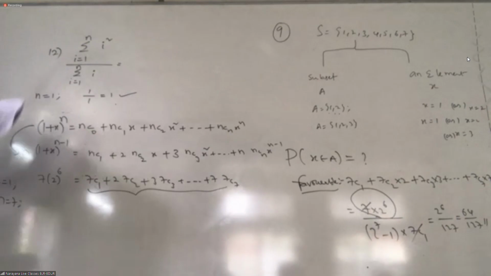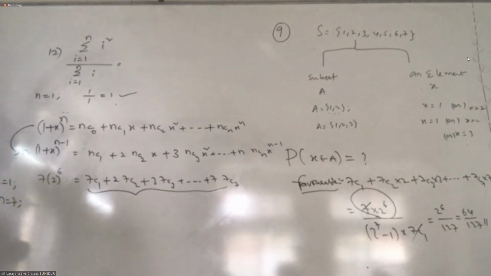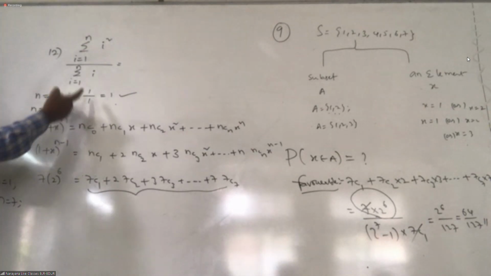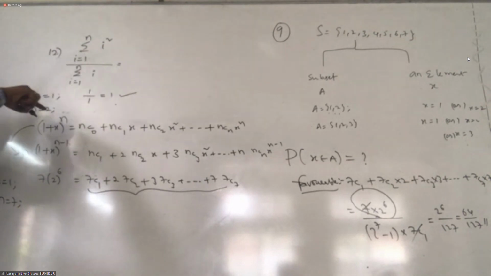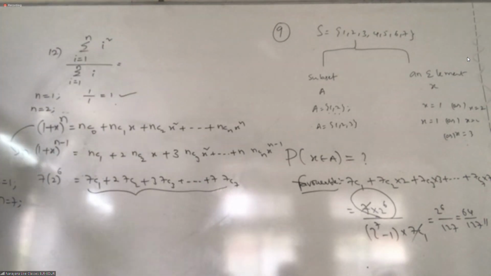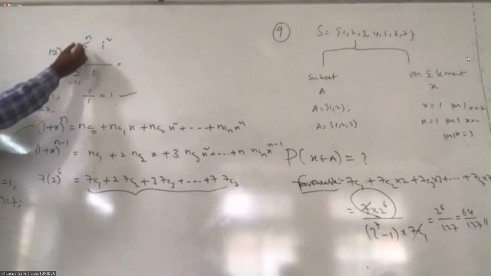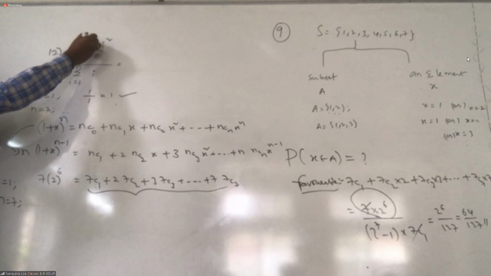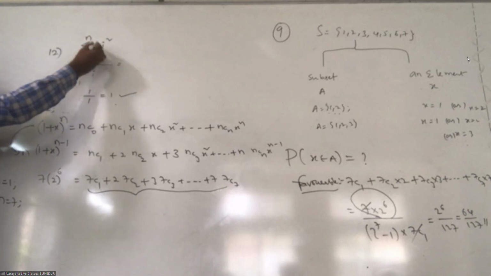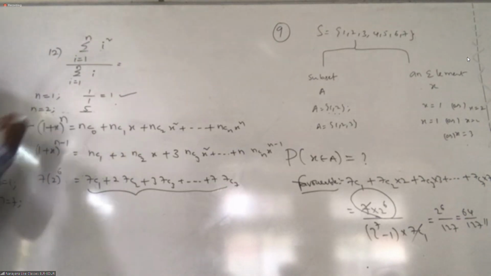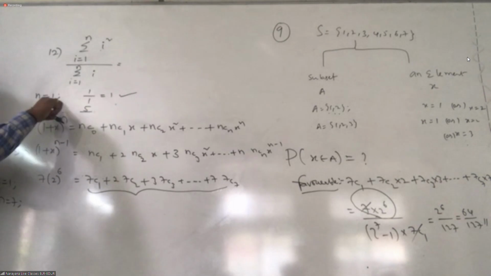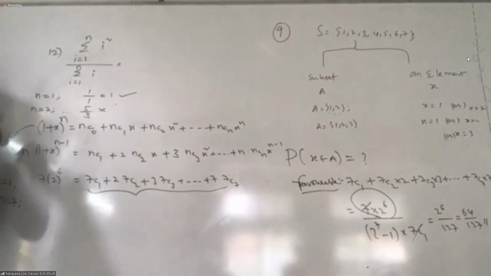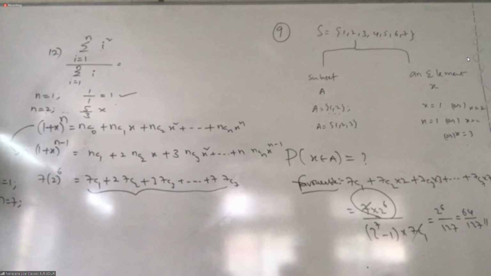No, we are taking n only 1 up to now. Got it? Suppose if we take n equal to 2, then we need to take i values 1 square plus 2 square. Got it or not? N is 2 means i we need to range from 1 to 2, so 1 square and 2 square. What is that? 5. Divided by 1 plus 2, 3. It is not an integer. We don't want this. Got it? Just the idea I am explaining, how we are going to apply this.